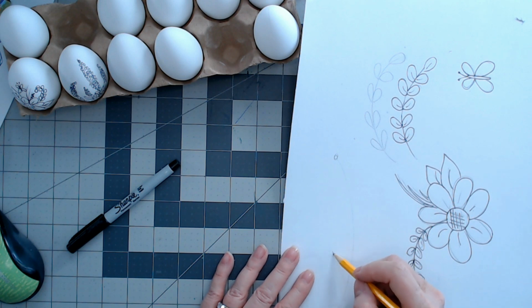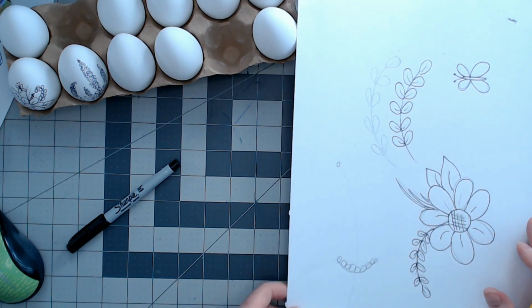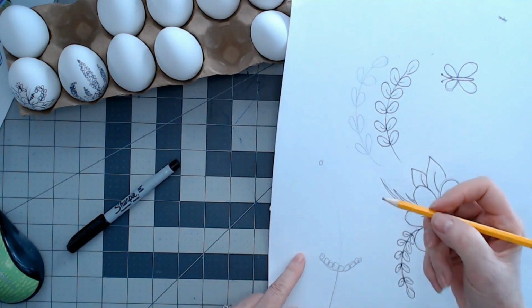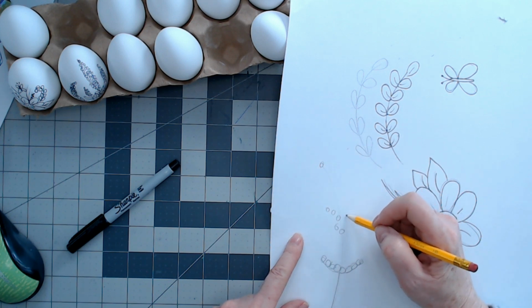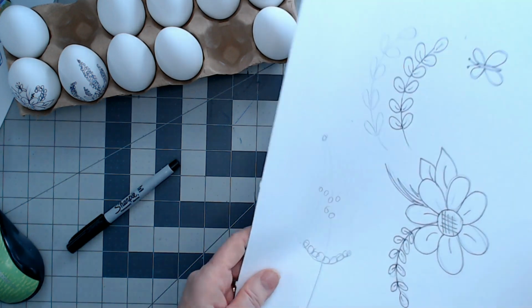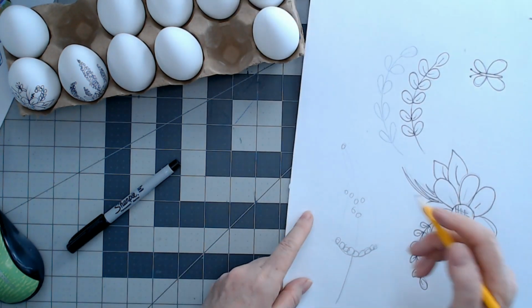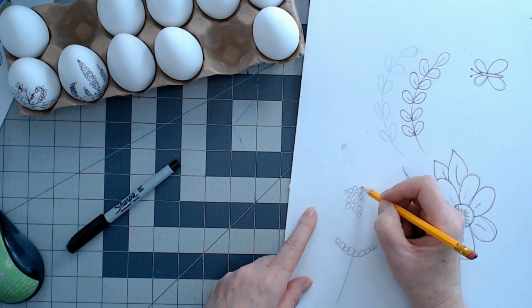And that's where I'm going to put a whole bunch of, and really quickly, and no, you don't want this to be really neat and tidy. Okay. A whole bunch of lines like that. This is going to be my stem here. And I'm going to start in the middle and I'm just going to imagine there's a line going here and a line coming out here. I don't usually draw them in, but you see that? And you can just keep your circles inside, and you want to pack them up next to each other so that when you color them in with the black,